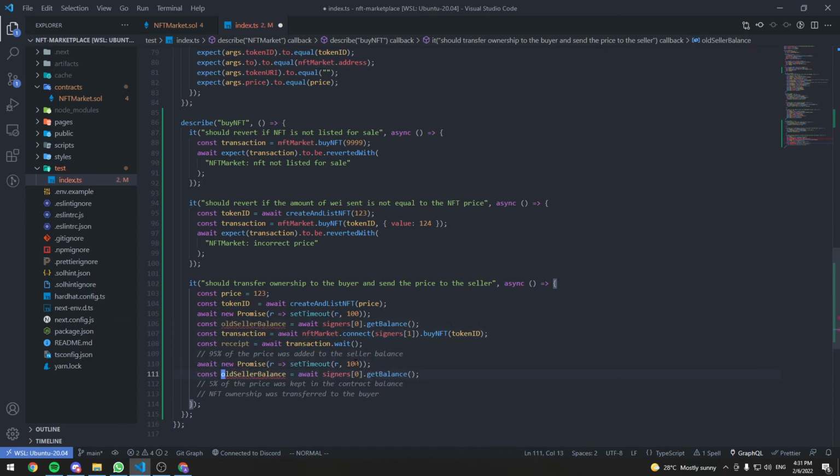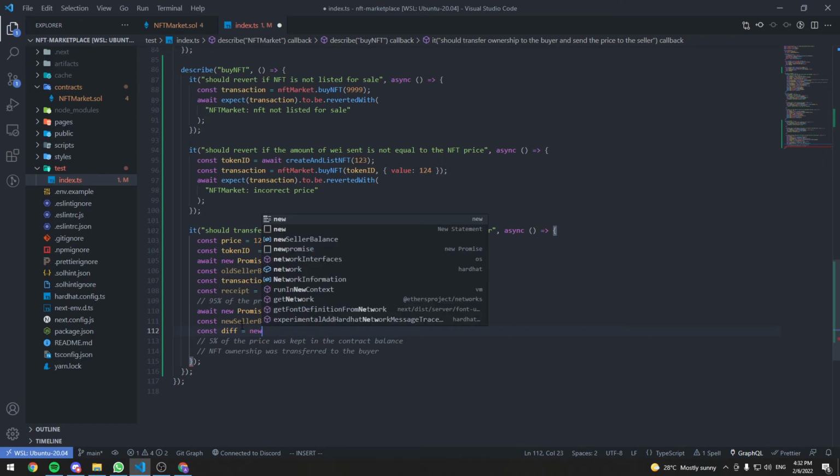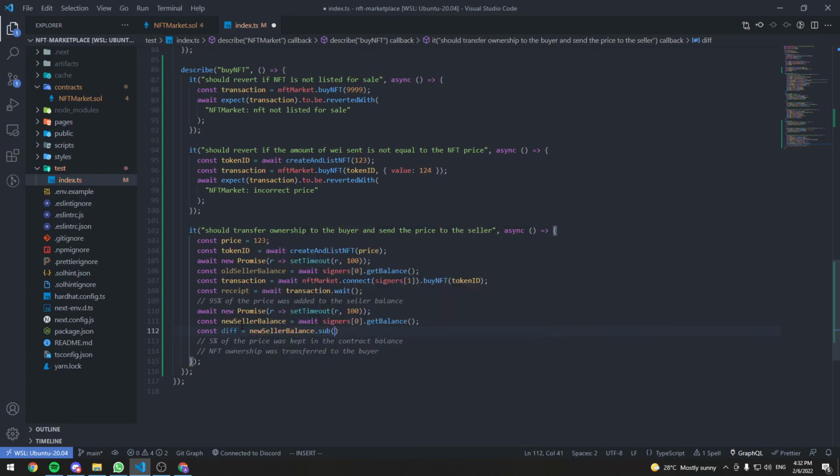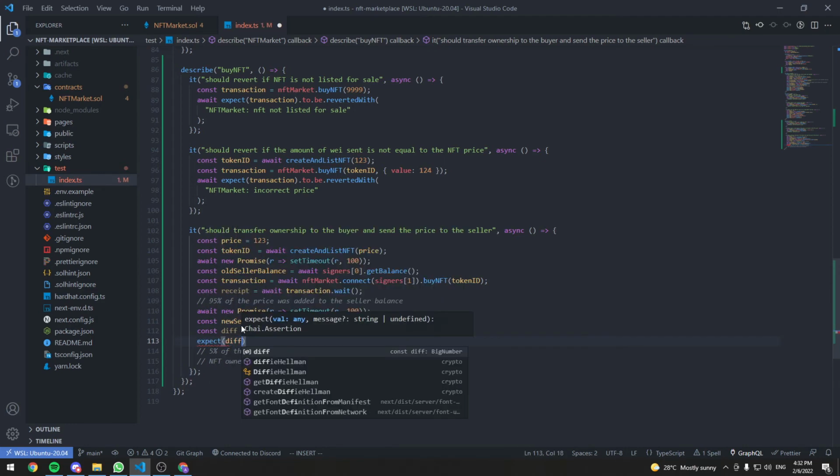So let's do new seller balance, and let's get the difference between the two balances. So const diff equals new seller balance dot subtract old seller balance, and we need to expect that diff